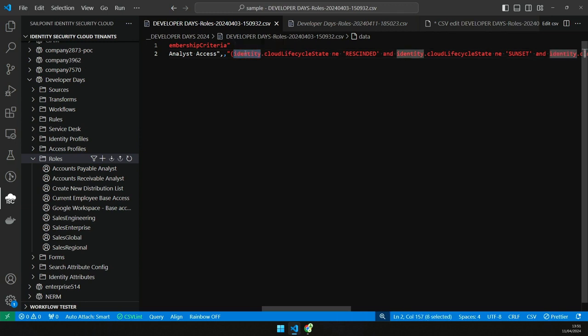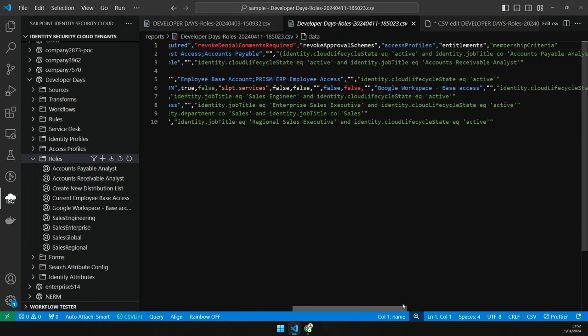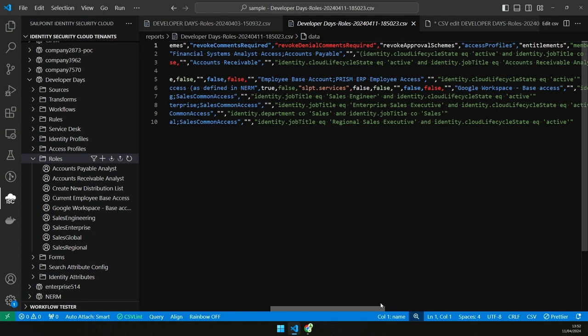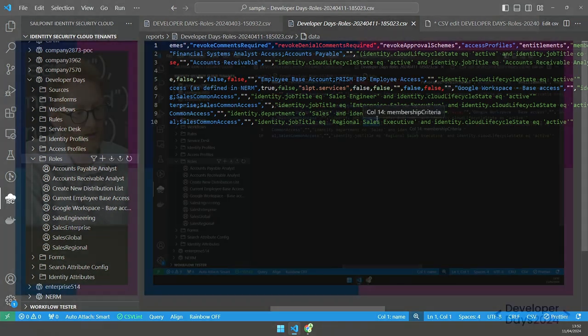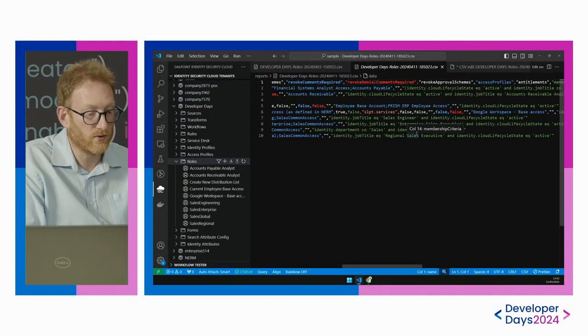Just to mention here the syntax, so you can have identity.attribute if you want to have a criteria on the attribute name, or you can have other syntax for, so if we take the export, for instance, you can have syntax about the account, about the entitlements as well. If you need to, it's also possible to define it. There are examples in the README that are available, so it's possible to leverage also this